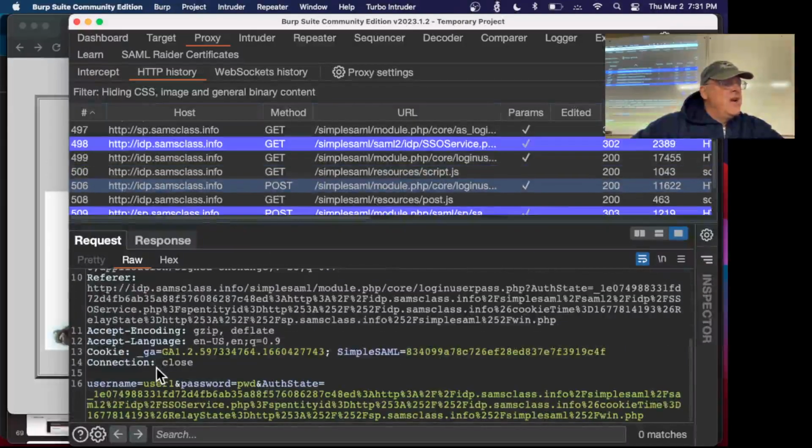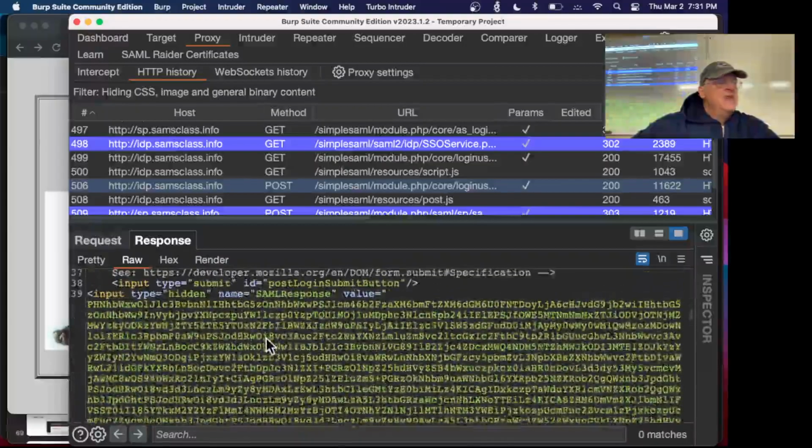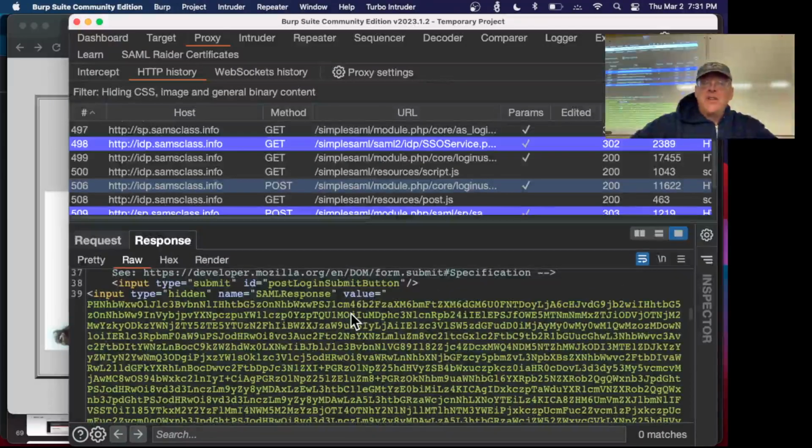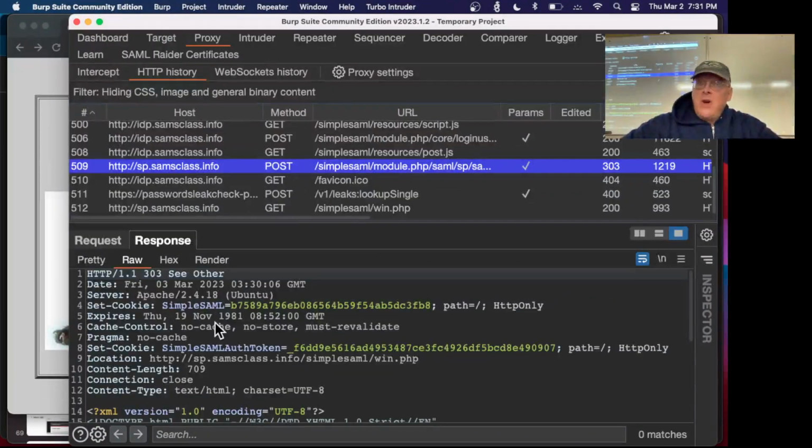This POST, there we are. Now I'm sending up my username and password. And when it verifies the username and password, it replies with this giant blob of SAML response. That is my authentication token. And so, after I have that, now I'm approved. And so I go back to the service provider, and now it knows who I am because of that SAML process. And the point is, what typically happens is the